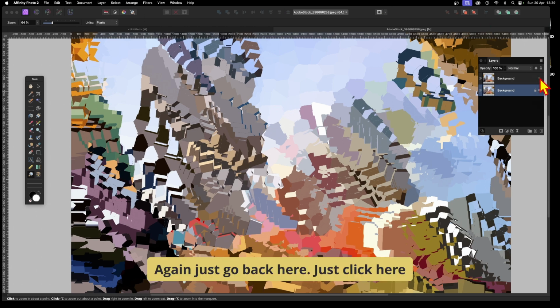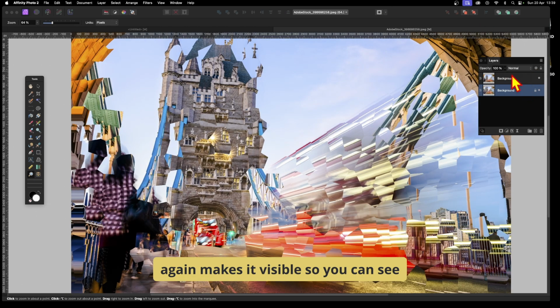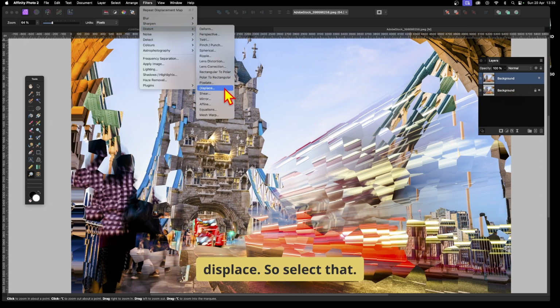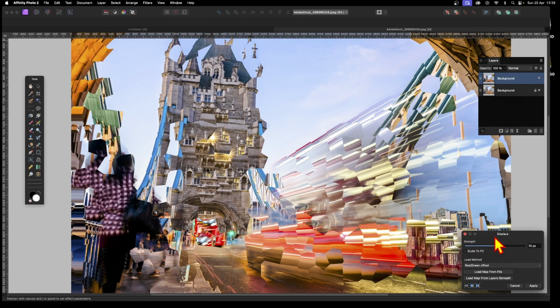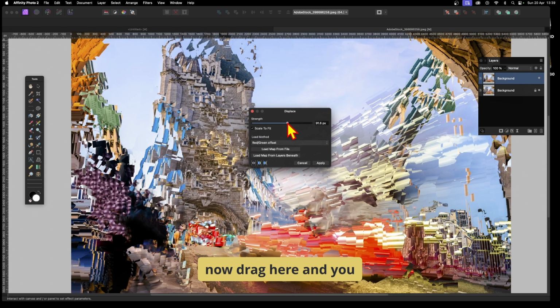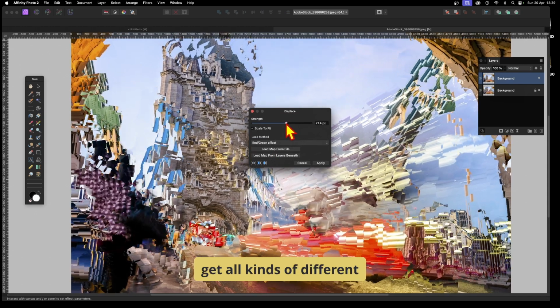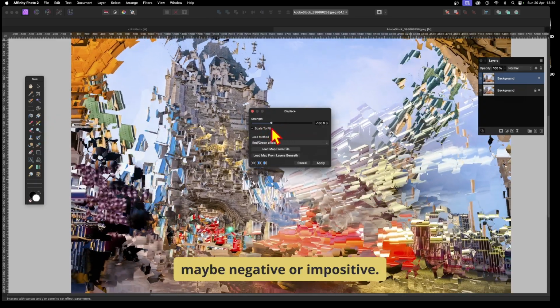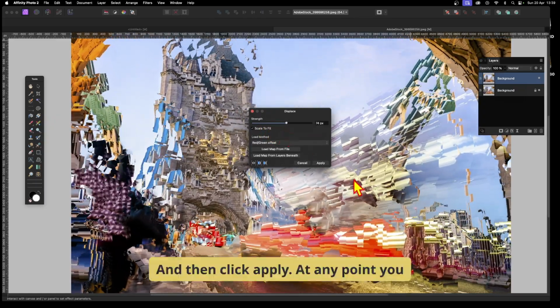Again, just go back here. Just click here again, make sure it's visible so you can see that fragmented image again of London. Select the layer, and exactly the same as before, you can go to Filters and you could use Repeat Displacement Map, but I'm going to go down to Distort and Displace. So select that, exactly the same as before, Load Map from Layers Beneath, and now drag here, and you get all kinds of different unusual fragmented designs by just modifying the strength, maybe negative or positive, and then click